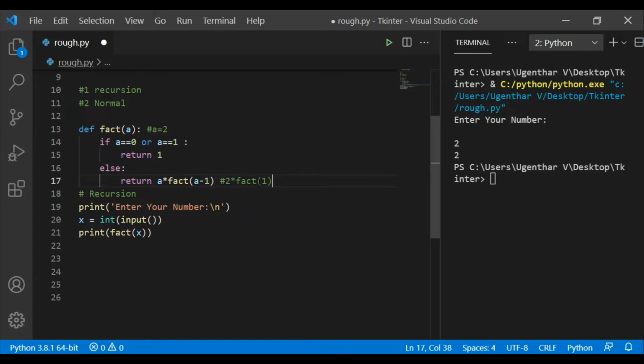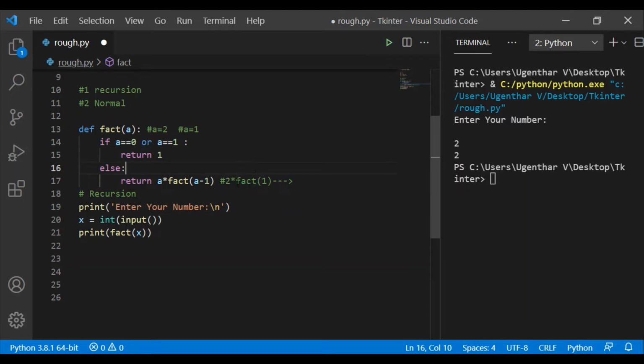Now it will be calling the same function again, fact of 1. Now a will be storing 1, and it will return 1.